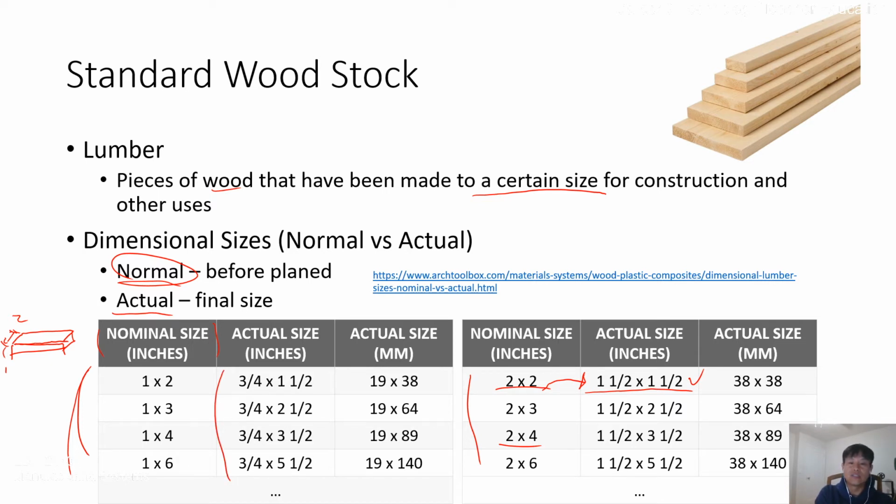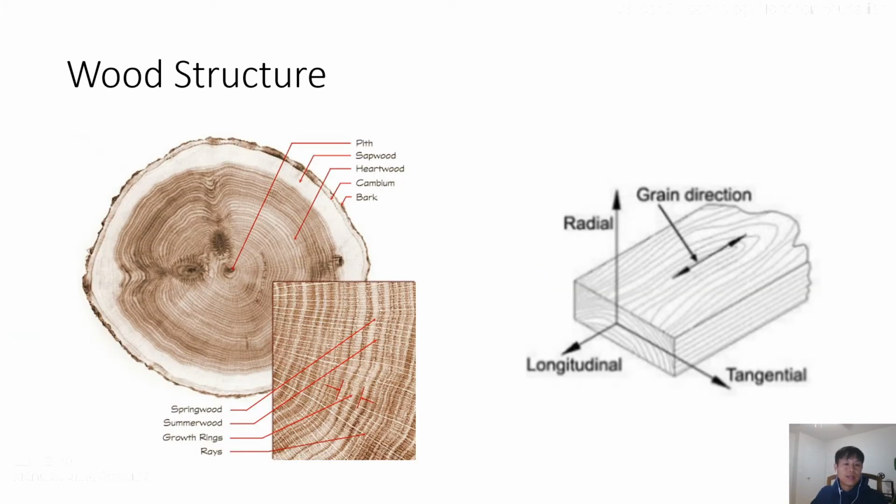I don't know why they exist too, but we have to keep in mind the normal size and actual size are different, right? That's why when we design wood products, I recommend you always measure again. Please, you don't need to lean on the normal or nominal size, right? That's the difference. And then let's look at the wood structure, to better understand why certain wood has certain